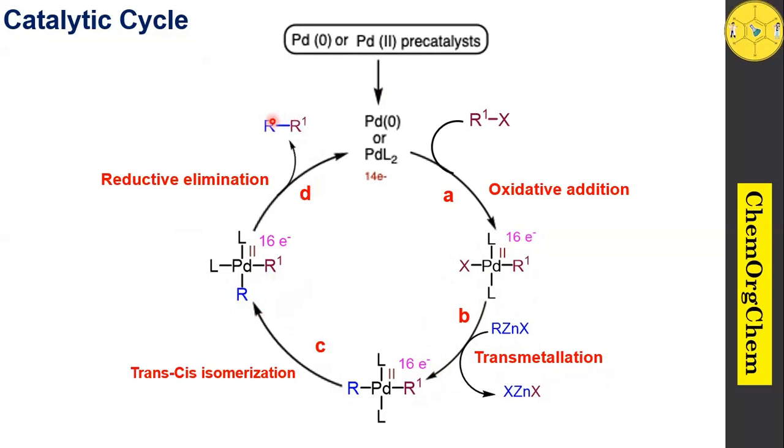corresponding carbon-carbon coupling product. Apart from that, you should note that when you use an electron-rich ligand, it facilitates oxidative addition so that it proceeds faster, and similarly, when you use a bulky ligand, it facilitates reductive elimination. In this catalytic cycle, the transmetallation reaction is usually the rate-determining step. That means this step is the slowest step in the catalytic cycle, and especially when you take carbon sp2